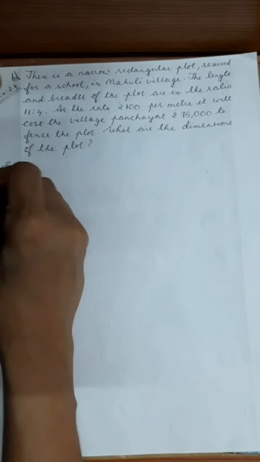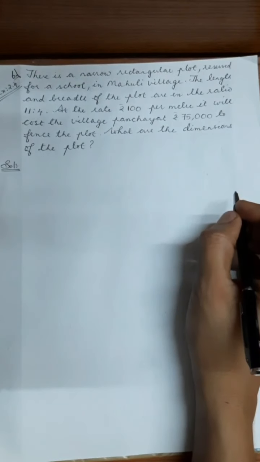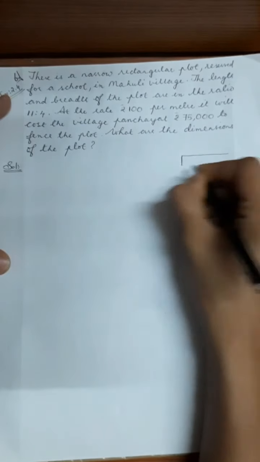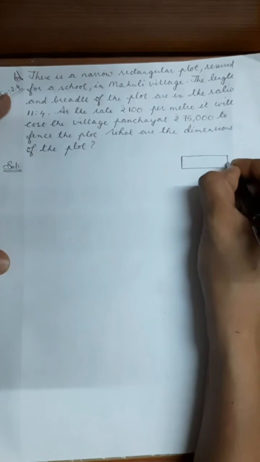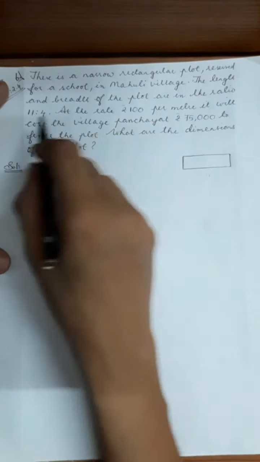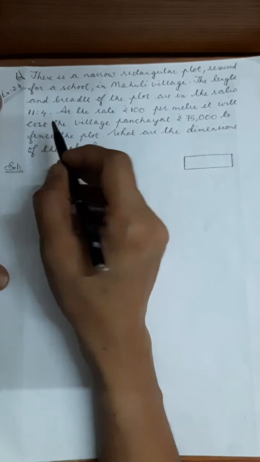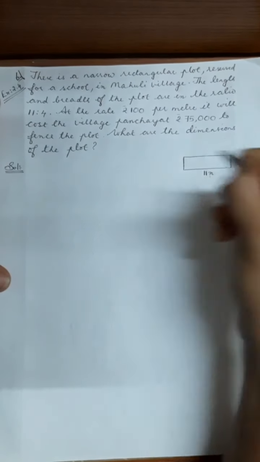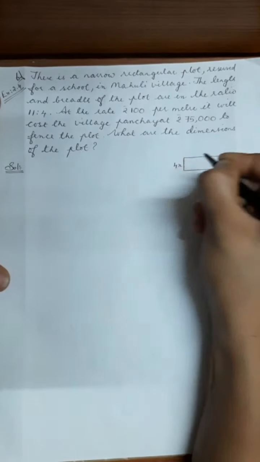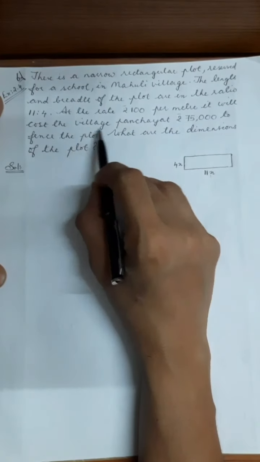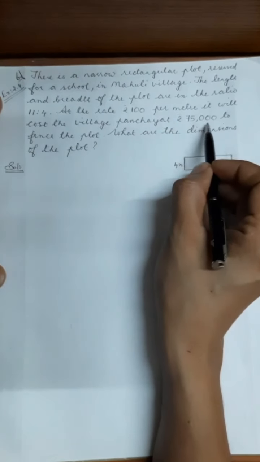Here it is said that it's a narrow rectangular plot. So let it be a narrow rectangular plot. The length and breadth of the plot are in the ratio 11:4. So we can write the length as 11x and the breadth as 4x. Is it clear? At the rate of rupees 100 per meter, it will cost the village panchayat 75,000 to fence